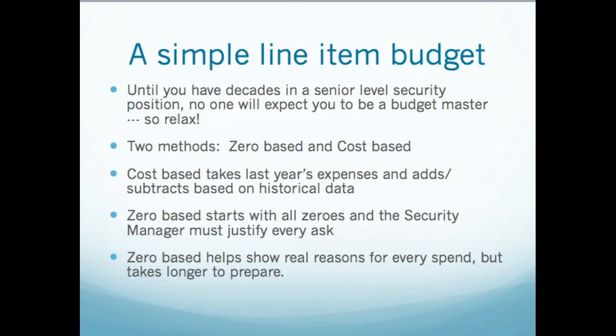It's a new item. And you can do your budget, and I suggest that every 4 or 5 years you zero out everything in your budget and build from zero to see if your numbers haven't fluxed so much with your history that maybe it's time to go out to bid. Maybe it's time to rethink whether or not you need certain things.